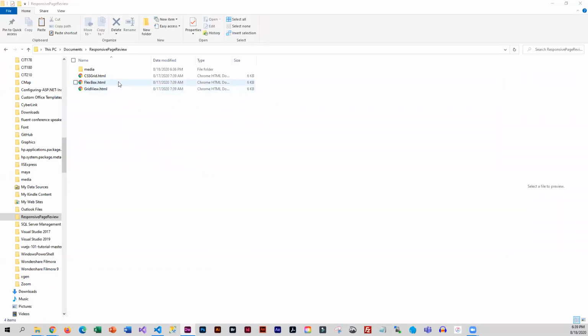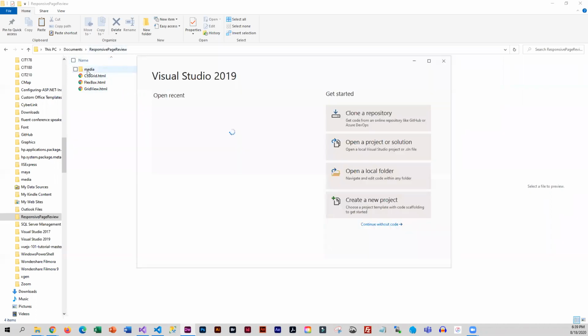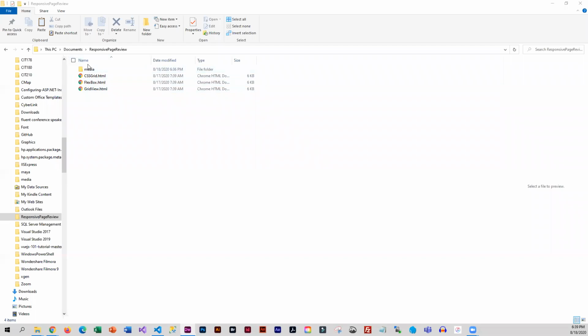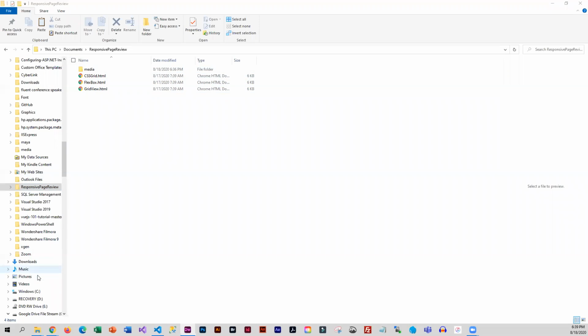So I have downloaded the responsive page review zipped folder, and I've extracted it into documents. And make sure that you are opening pages from the folder that is not zipped. And for those of you that are not familiar with extracting files,